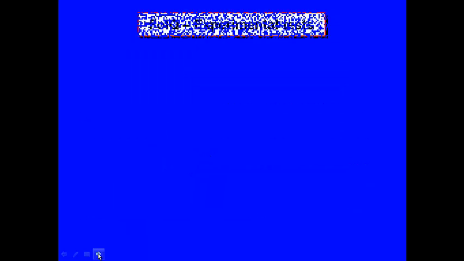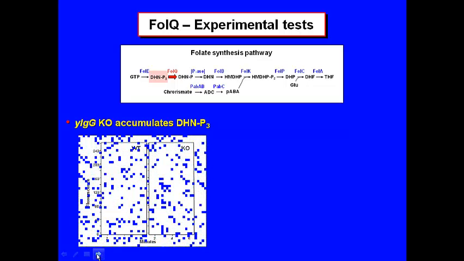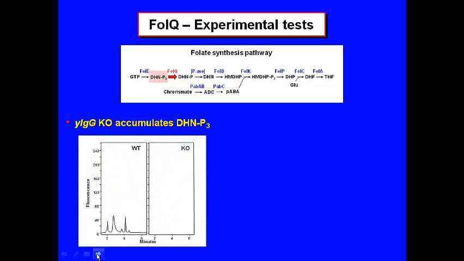You'd predict that if you knock that gene out in Lactococcus, you get an accumulation of that, and you get little or no folate. Well, that's more or less what happens. If you knock it out, these are HPLC traces of the wild type and the knockout. That's the peak of this compound in the wild type. This is the peak in the knockout. You can see a bunch of other peaks.